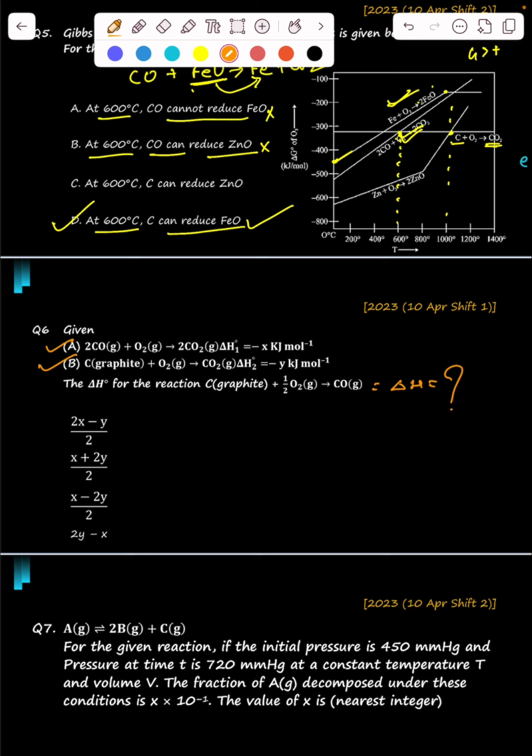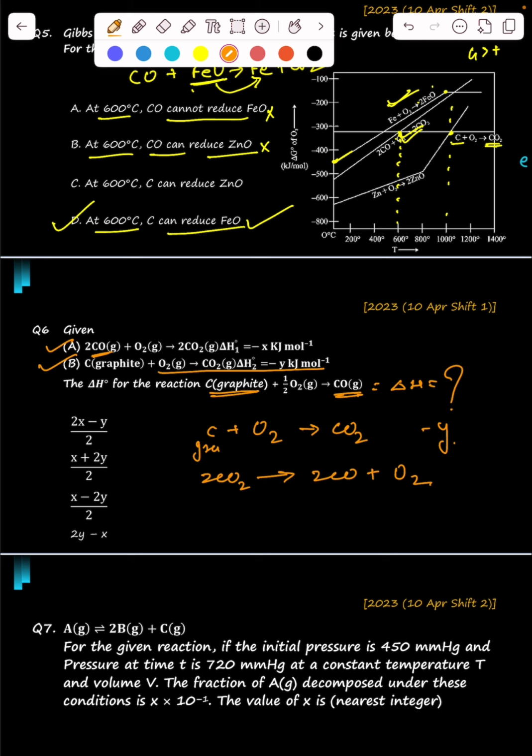So first equation, this equation B will keep it as it is. C plus O2 will give you the CO2 minus y, चल रहा है, ग्रेफाइट यहाँ आता है, यहाँ पे ग्रेफाइट हो गया, but we want CO as a product, so CO यहाँ पे reactant दे रखा है, तो रिवर्स कर देते हैं इक्वेशन को। CO2 will give you the twice of CO